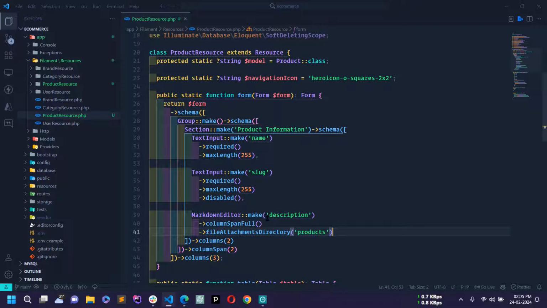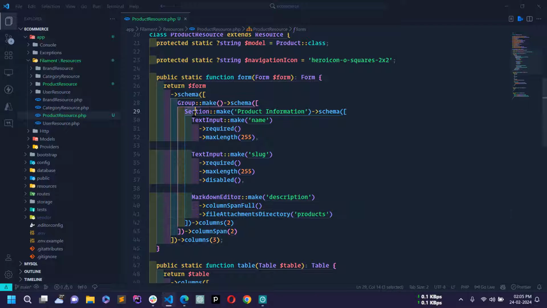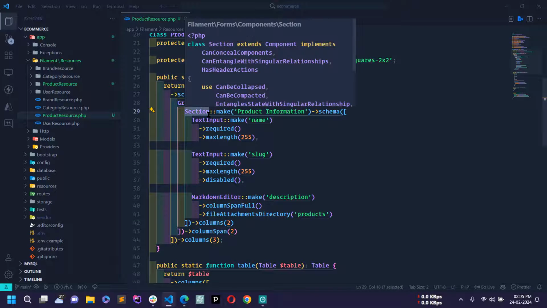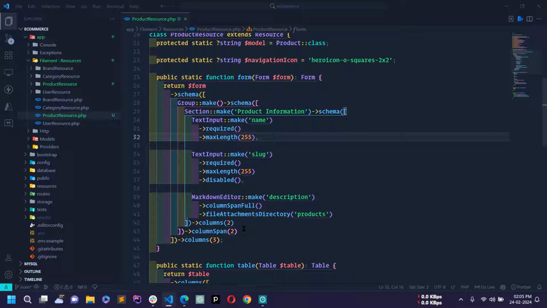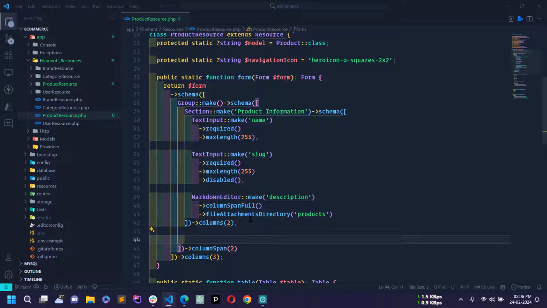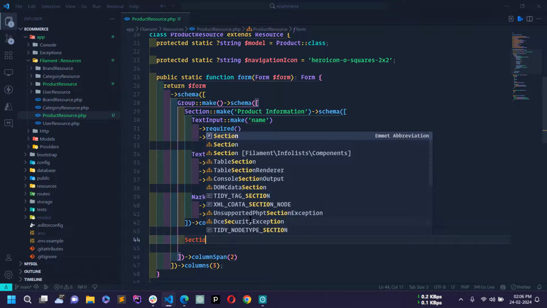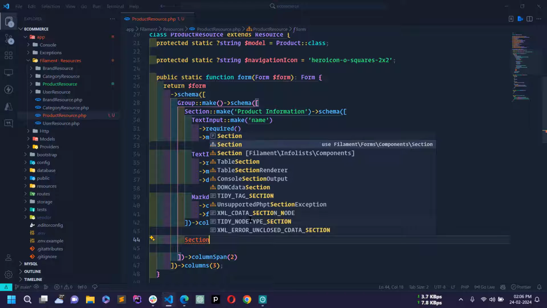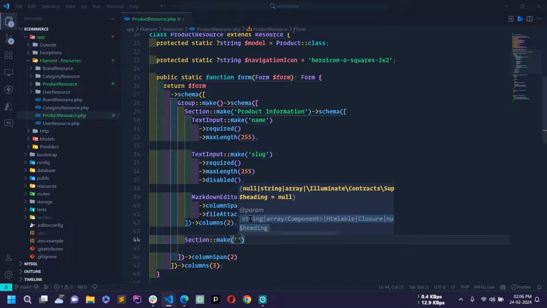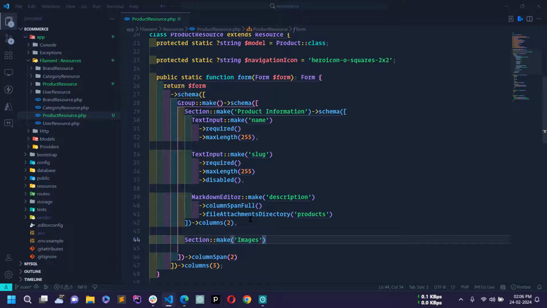Okay, and now next what I will do is, now outside of this section I will create another field. So this is the section, so just give a comma here, and here what I will do is I will create a section, another section. Okay, and then I will use make, and here I will write the heading images, and then I will use